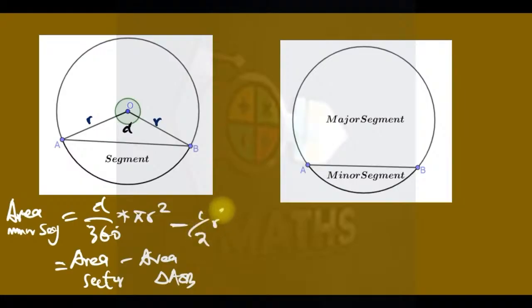r squared sine alpha. Do you remember, if you are given two sides and an included angle, the area of the triangle is half times the product of the two given sides times the sine of the given angle. So that's it. So that's for the minor segment. If you want to get the major segment, it's very simple. For the major segment, it is just